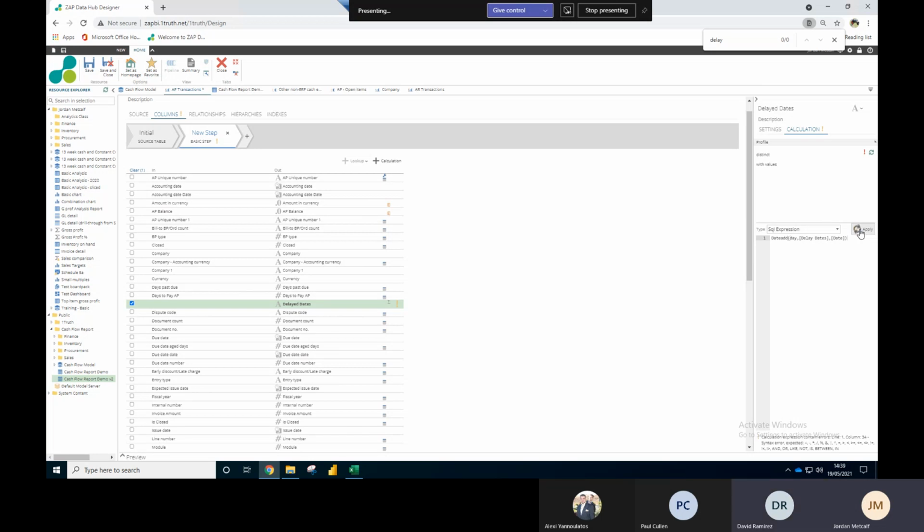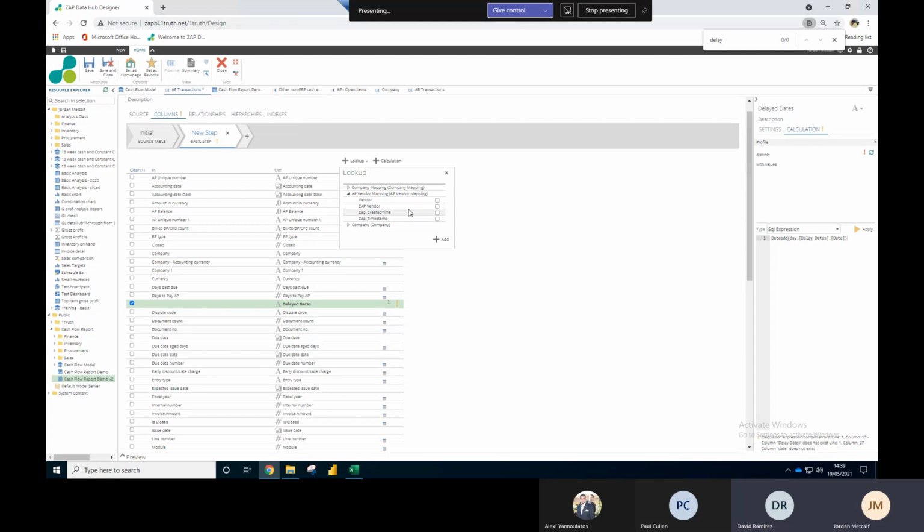And now it will give us an error. I think. Yeah. Why do you think it's giving us an error? I'm not sure. The reason why is that we don't have the delay days here. So we will need to bring that information from the, I think it was in the customer, we are in AP, right? It's in the vendors. So yeah, that's right. We will need to bring the,